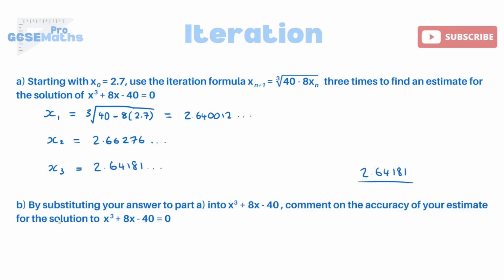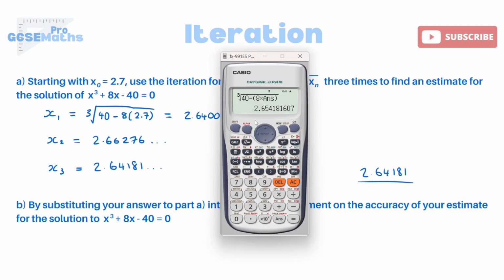And then for part B, we have, by substituting your answer to part A into x cubed plus 8x minus 40, comment on the accuracy of your estimate for the solution to x cubed plus 8x minus 40 equals 0. So literally just do that, substitute the answer. Now, not the answer that you can see kind of cut off the decimals for, but bring back your calculator. I want the whole answer here. I need to substitute that in